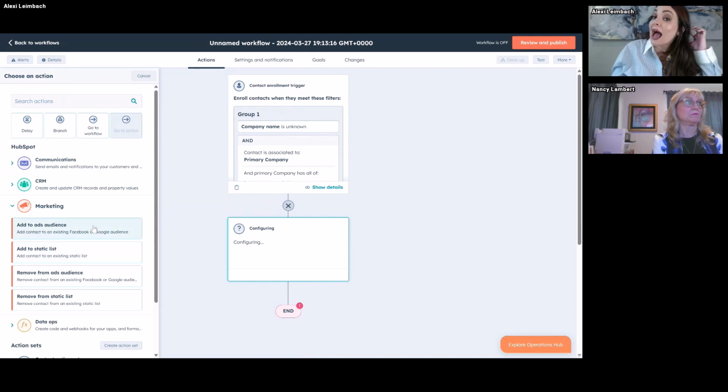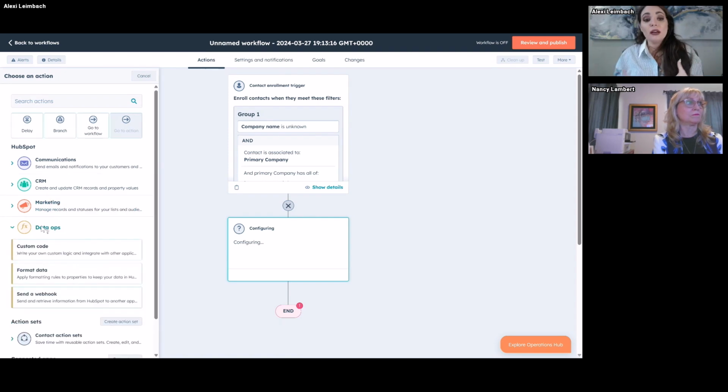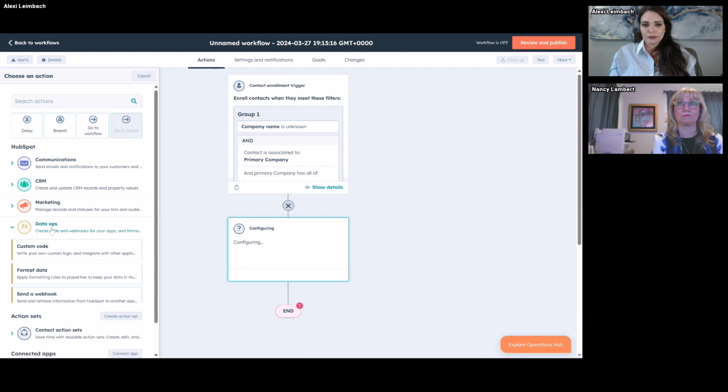And then if you had Operations Hub, this is where your custom coding, your webhooks, formatting data, so setting number fields correctly, proper case for first, last name, things like that. This is where you'll find those types of action sets in here. Now